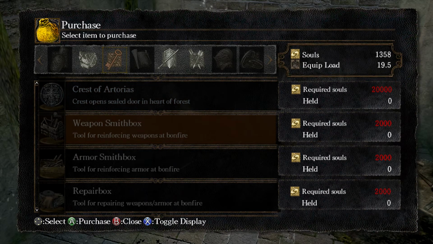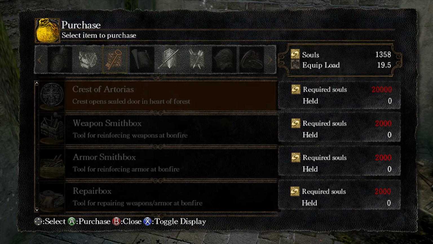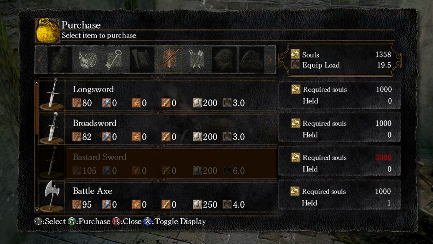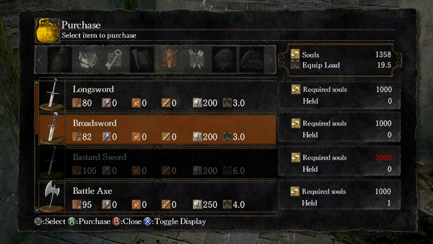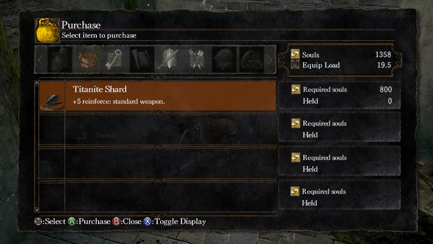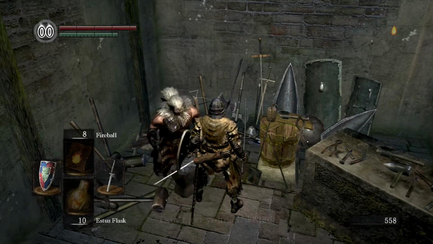If we buy the Weaponsmith box, we can reinforce weapons at bonfires, and armor, same thing, and repair box, same thing. So basically we do want to get these things, but we want to save up for that Crest of Artorias first. Now there are some weapons in here that might be good. This one's pretty good. It's similar to the Claymore, which is another one of my favorite weapons, but the Claymore is on that bridge with that dragon, which I haven't gone to pick up yet. But what I'm actually going to do right now, I'm going to buy a Titanite shard,